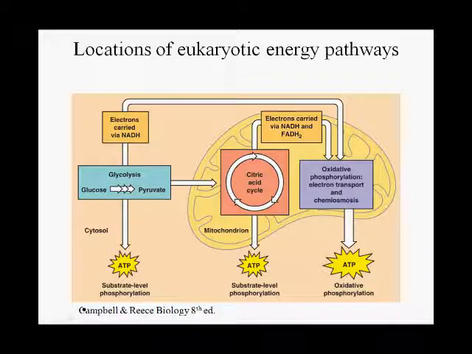Okay. And this is a diagram showing in eukaryotes where these energy pathways are. So I forgot to mention previously that all of the enzymes we've been talking about, whether we're talking about glycolysis, pyruvate oxidation, or the citric acid cycle, are all soluble enzymes. Okay? And in a bacterial cell or an archaeal cell, they're all in the cytoplasm. In a eukaryotic cell, these reactions or pathways are compartmentalized. In a eukaryotic cell, glycolysis occurs in the cytoplasm. All the rest, including pyruvate oxidation, which is not shown here,